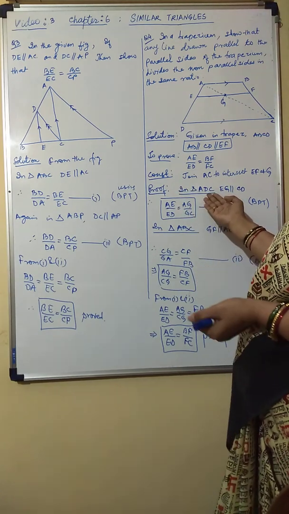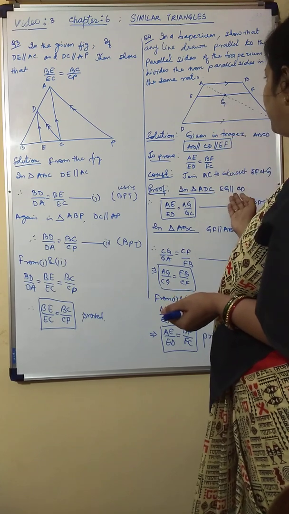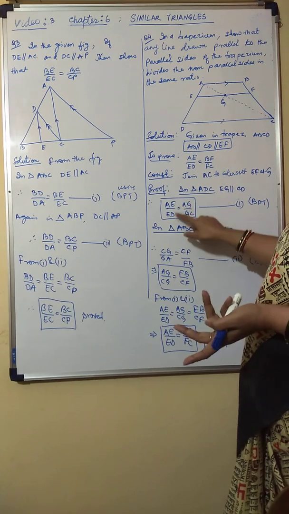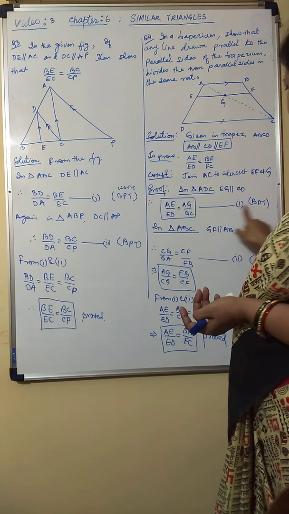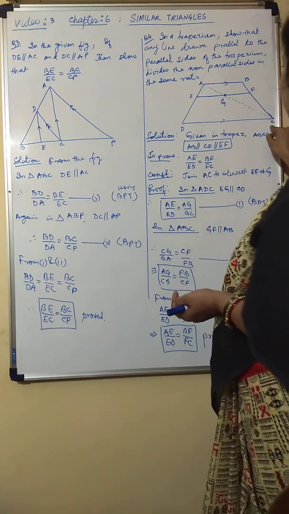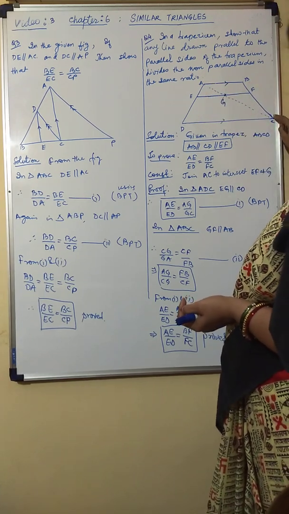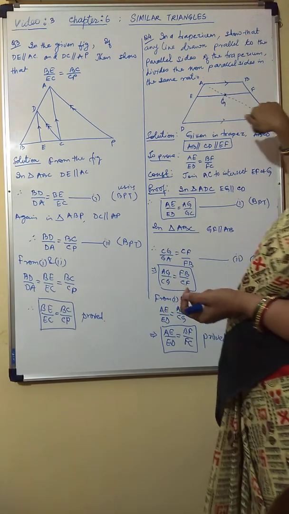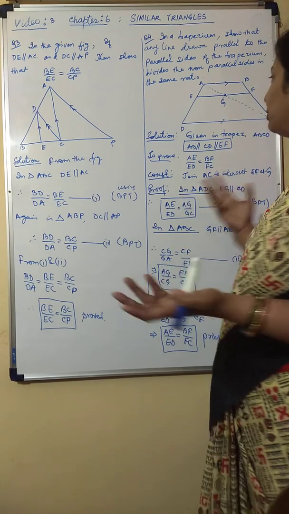So coming to that, in triangle ADC, part of the parallel line will also be parallel. So EG is parallel to CD. Therefore we get AE by ED is equal to AG by GC, using BPT. Then we go back to triangle ABC. In triangle ABC also, GF is parallel to AB. Therefore you should be getting CF by FB is equal to CG by GA, or even the reciprocal is correct, that is AG by GC will be equal to BF by FC.